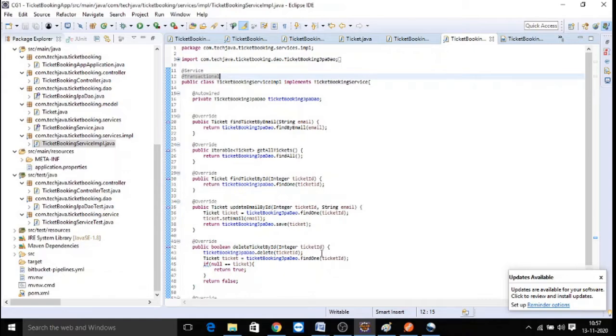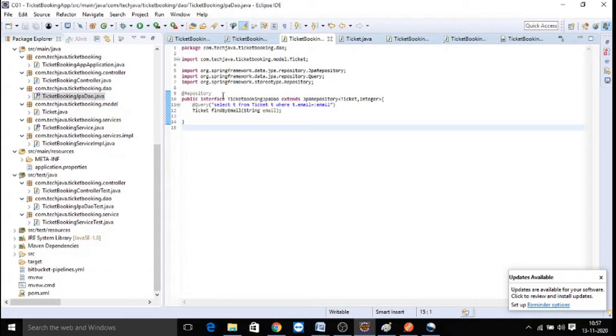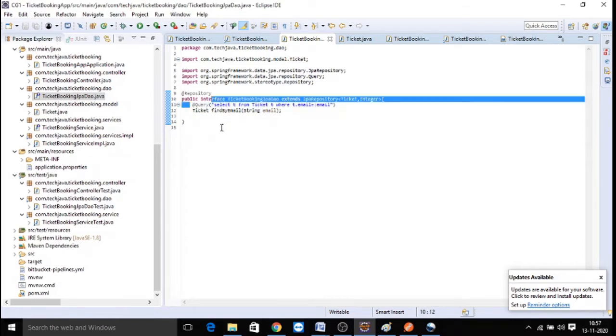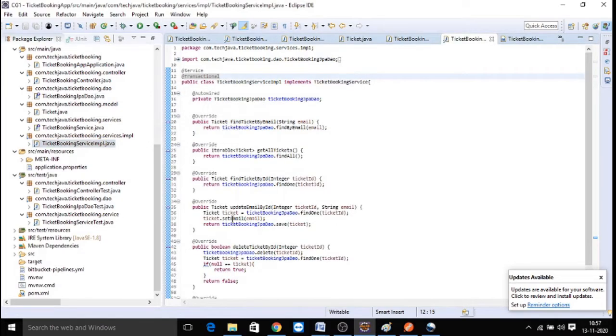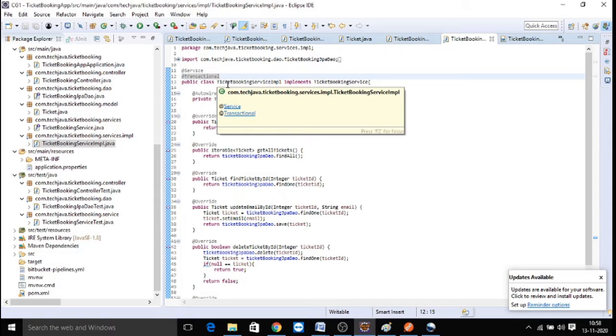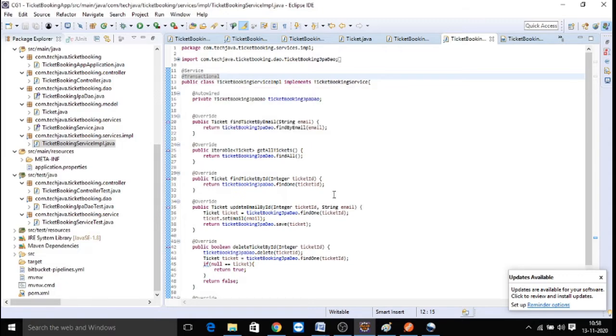In Spring Boot data JPA, we need to make use of all the annotations. The Service annotation, and as well as the Repository annotation for DAO, is mandatory. Any custom query that needs to be implemented, we go with the Query annotation. And for any transactional statements, if they are not completed successfully, we can also maintain them with the transactional features. So the Transactional annotation needs to be given for the service class.